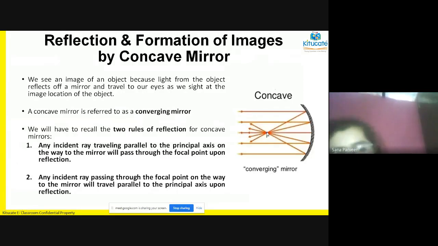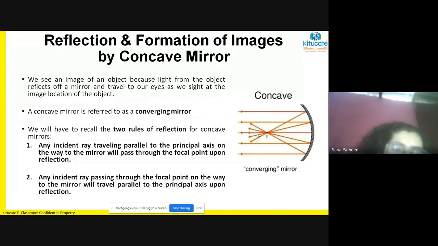If you see convex, we are going to see something other. Then you will understand what is happening, what is the actual difference. So concave, you need to remember, concave, cave C and C converging mirror. So concave C and converging C again. So concave mirror is a converging mirror which will focus all the light rays at a particular point, and the point is denoted as F. There are 2 rules which we will just go through.